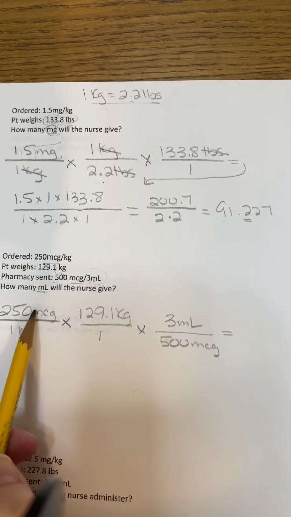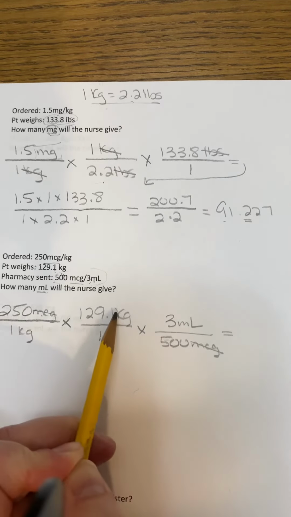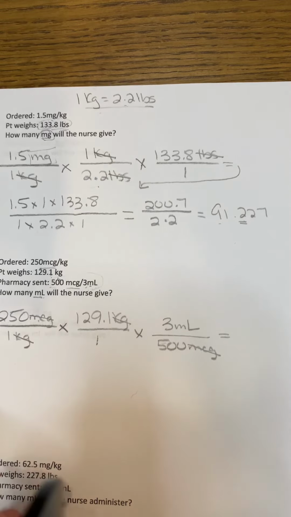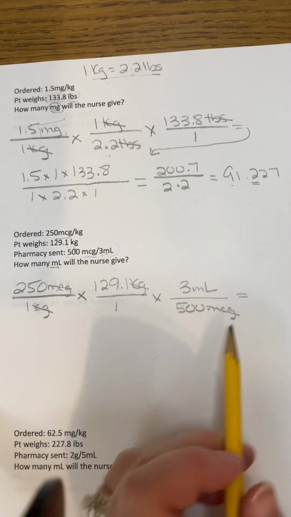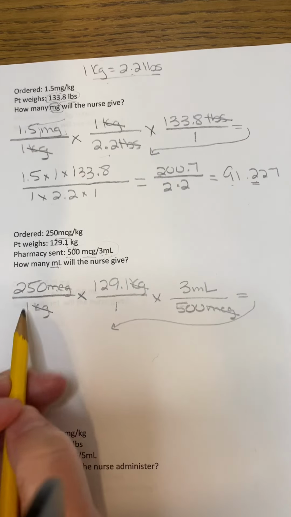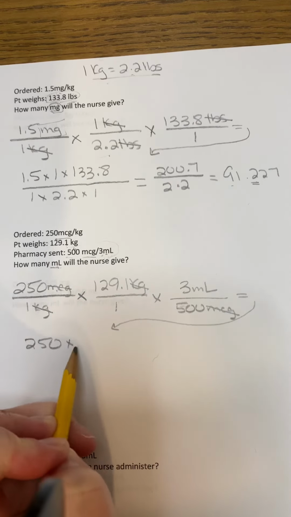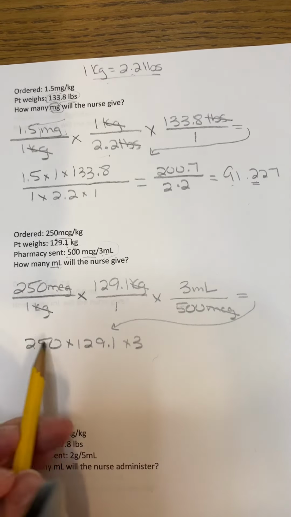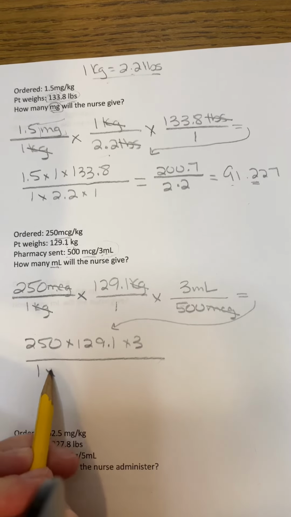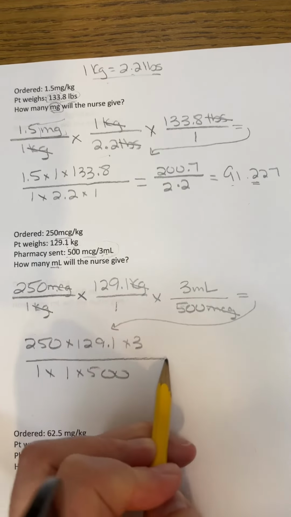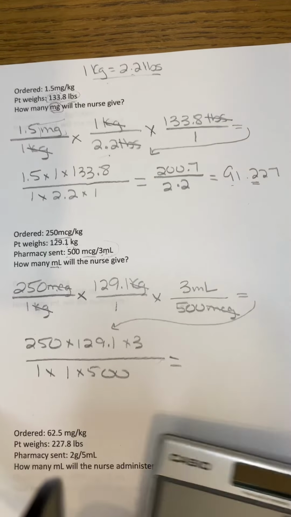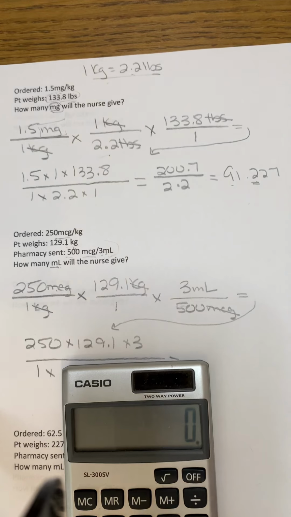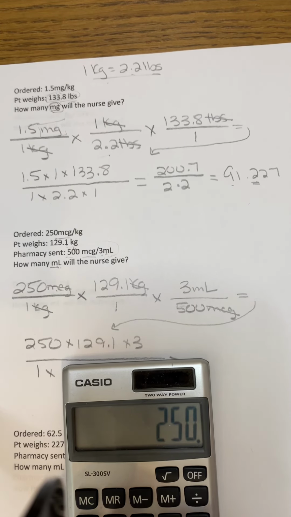So let's see, we can cross multiply. We can get rid of micrograms and micrograms, kilograms and kilograms. Okay. So now we can start multiplying across, and I'm going to put this down here. So we have 250 times 129.1 times 3 divided by 1 times 1 times 500. Okay, so we're going to get out our calculator, and I'm going to go 250 times 129.1 times 3, and I get